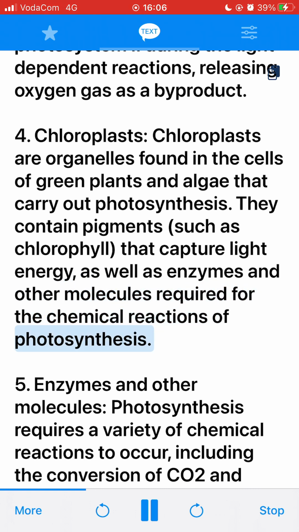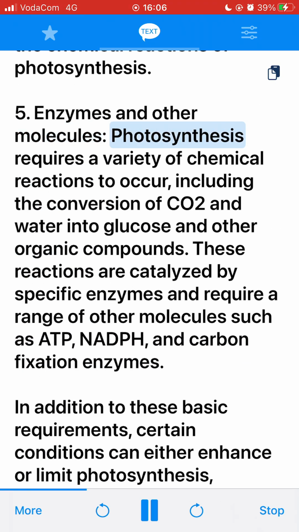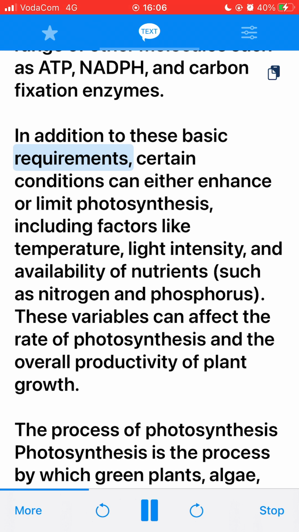chemical reactions of photosynthesis. 5. Enzymes and other molecules. Photosynthesis requires a variety of chemical reactions to occur, including the conversion of CO2 and water into glucose and other organic compounds. These reactions are catalyzed by specific enzymes and require a range of other molecules such as ATP, NADPH, and carbon fixation enzymes. In addition to these basic requirements, certain conditions can either enhance or limit photosynthesis, including factors like temperature,